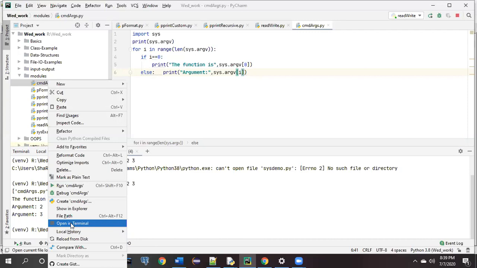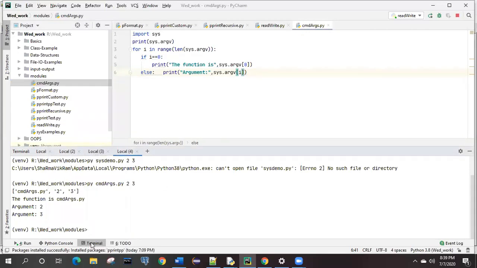It is similar to the command prompt in Windows. This code will open in one of the terminals of this editor itself. It will not go outside of this editor. If you click on this, it will open over here, and you can see it is showing the terminal.